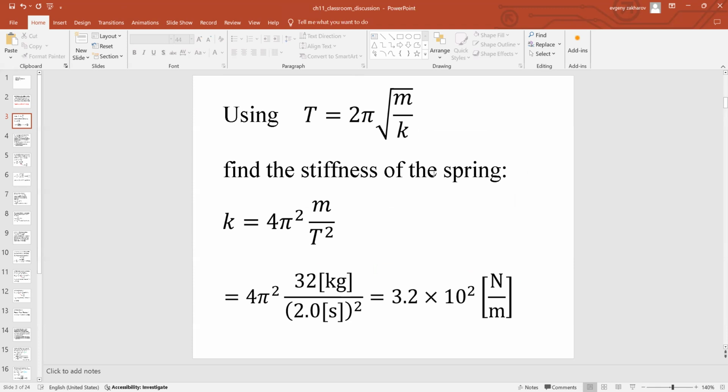So the stiffness of a spring, the K, is the unknown parameter, so square both sides, put K on one side, divide by T on the other side. So pretty much just algebraic manipulations give you the formula, and just plug in what's given. Mass is 32, and the period is 2 squared, and you have, what is it, 320 newtons per